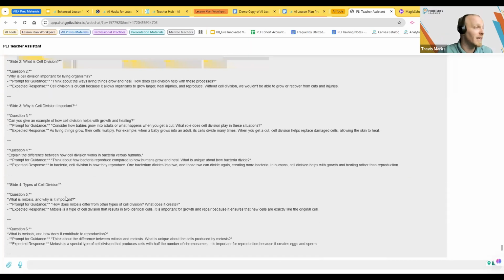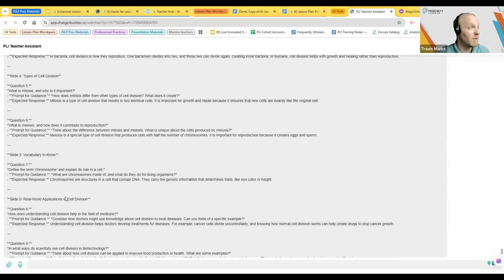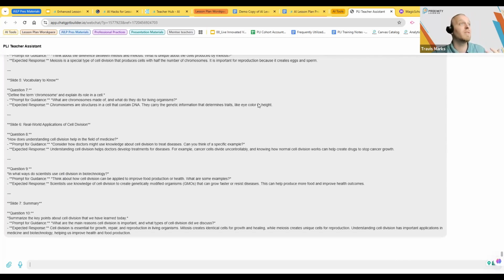And I should also make it really clear then, as I'm writing my lesson plan, that these check for understanding questions are built into the slides. Now, if you want to do a different structure with this, you could have it like a slide companion, or more like a guided note, where each slide has these questions, and you're prompting students to answer the questions in their individualized document that accompanies the slides. It's really up to you how you want students to work through these questions, but however you're doing it, you should specify, okay? So in this case, I'm going to say, okay, write a section of my lesson plan